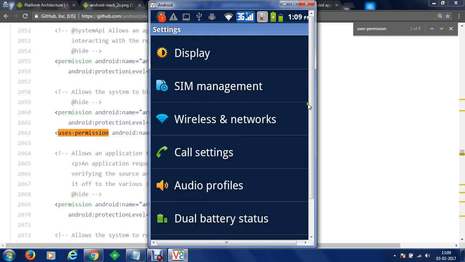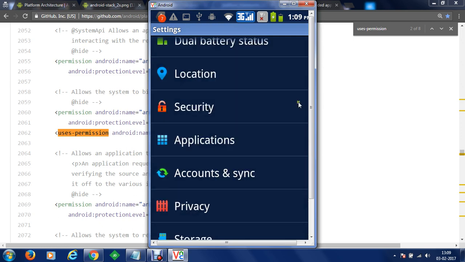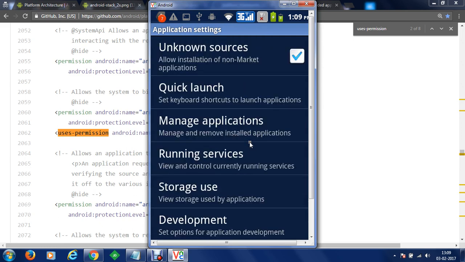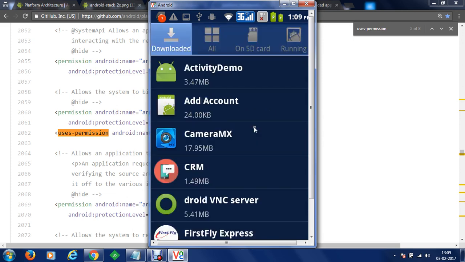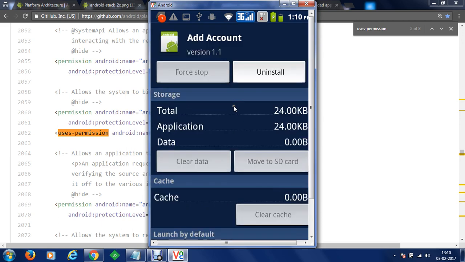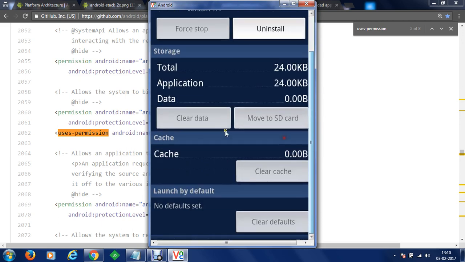Let's say we go to an application such as Camera MX, or add account, and see if any permission is allotted to it. There is no permission allotted to this application.